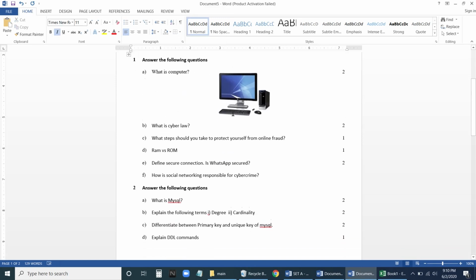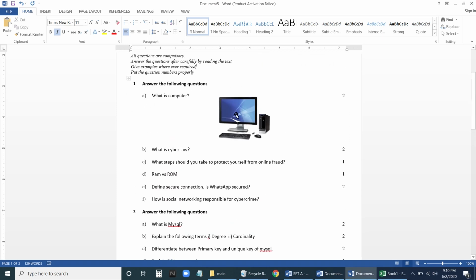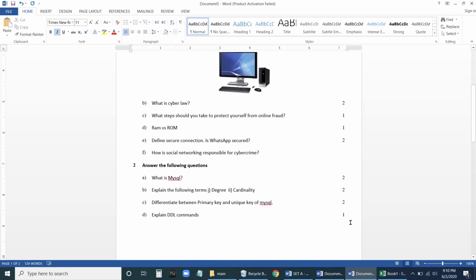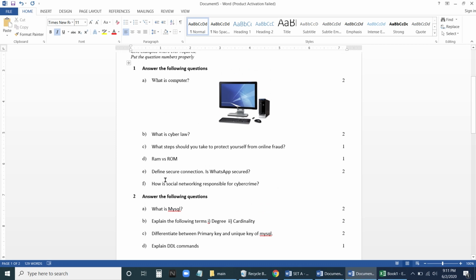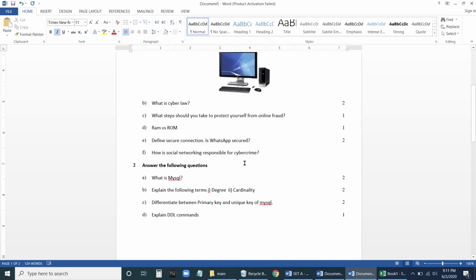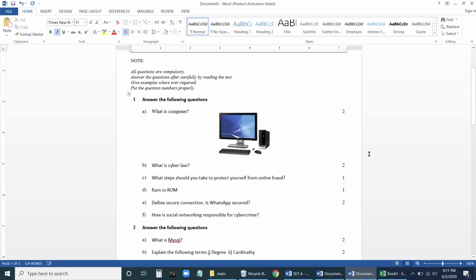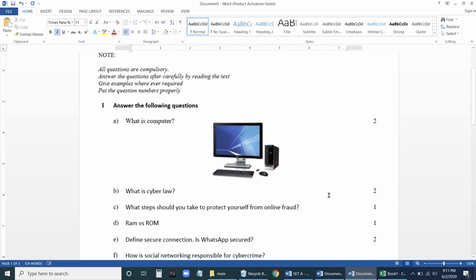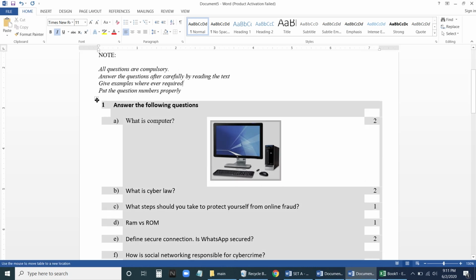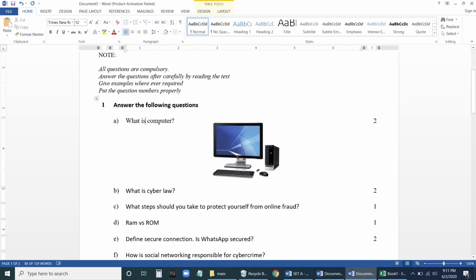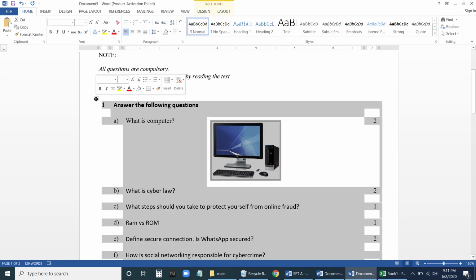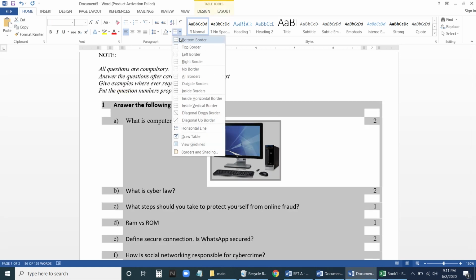Now see here the question paper. It looks beautiful. Why? See, all the marks are here and the sub questions are here. The main question is here. So let us say I want to add section A, section B in this. Let us say this is section B. Let us enable our table. Click on this. See how? Come here. See, automatically this particular arrow will come. Click on this. Go to borders here. All border. Display all border.